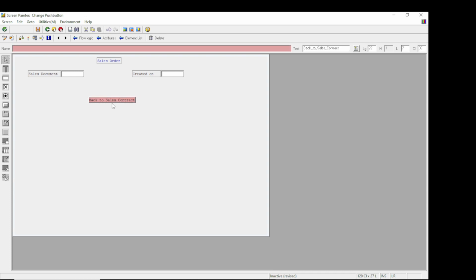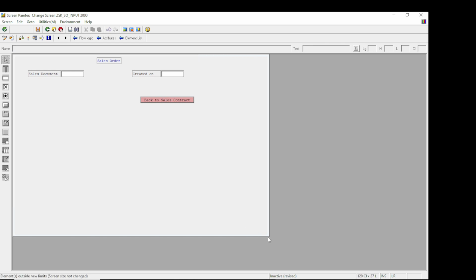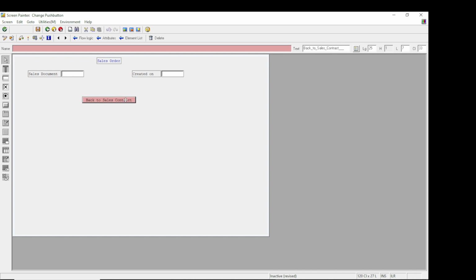You can also change it according to your needs or according to your position. You can also fix it, and you can also mid screen. So here it is. Now I also named it PB_BACK_SC, sales contract. Also, you can notice that the color of this button is not normal, because it requires